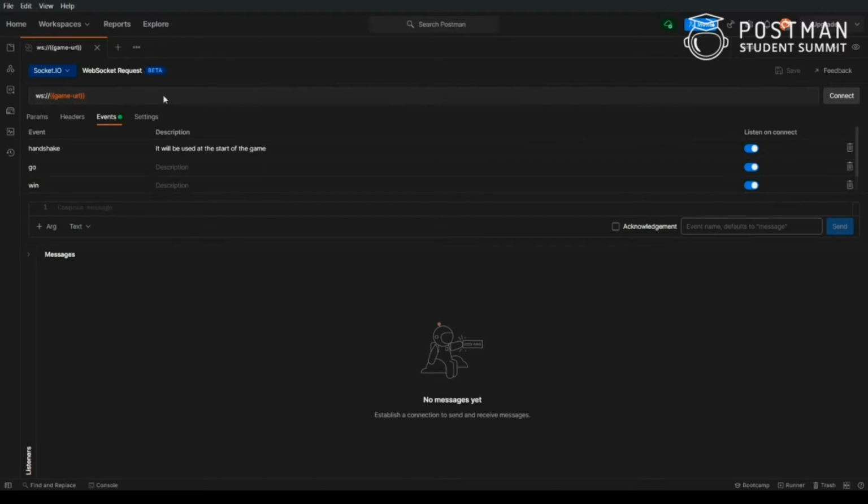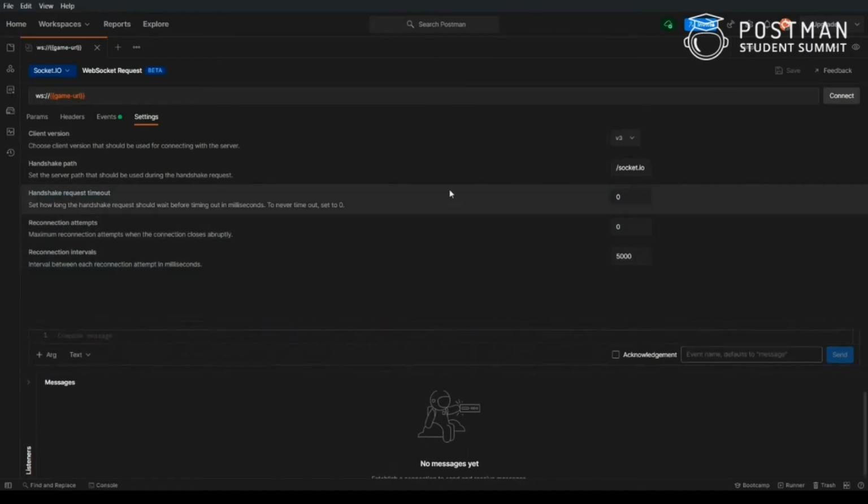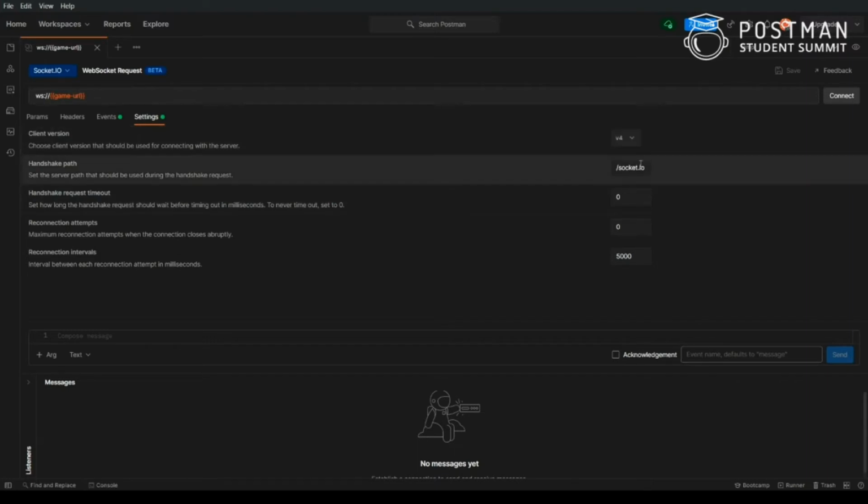Then to connect to my server, I'll have to change a few settings. If you see the settings here, it is changed as well. It allows you to connect to three versions of Socket right now: version 2, version 3, and version 4. I have my socket set up on version 4, so I'll click on version 4.